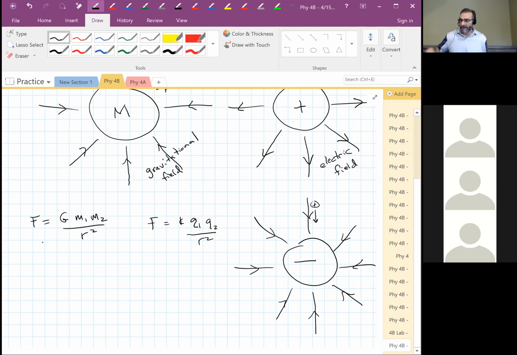I want to know how much does my coffee mug weigh. I use the mass of my coffee mug in this equation. I get the force of gravity, I get the weight of this object. I want to know how much my phone weighs, I do the same thing, right? Everything is the same except for this one mass right there. So what I do instead is I say, let's define what the gravitational field is at the surface of the Earth. The gravitational field